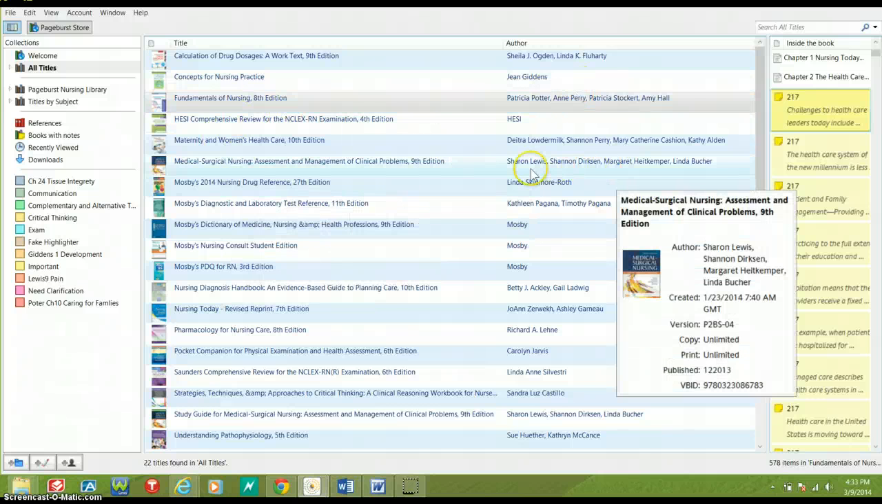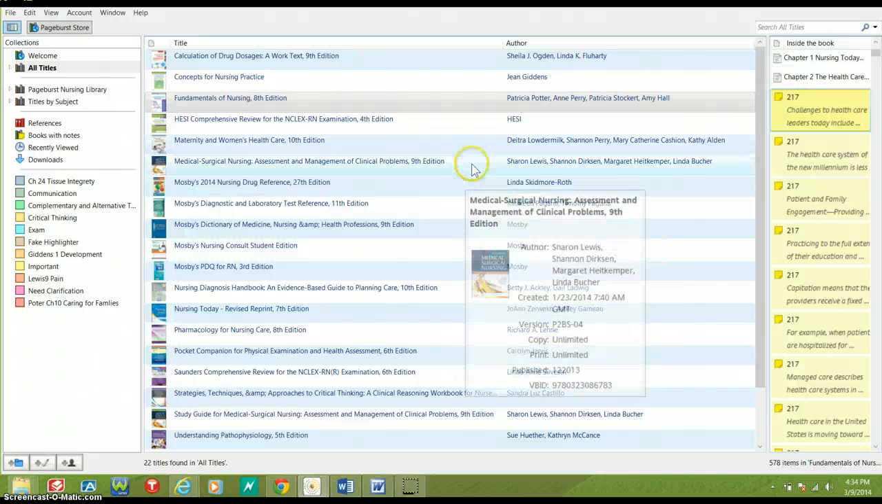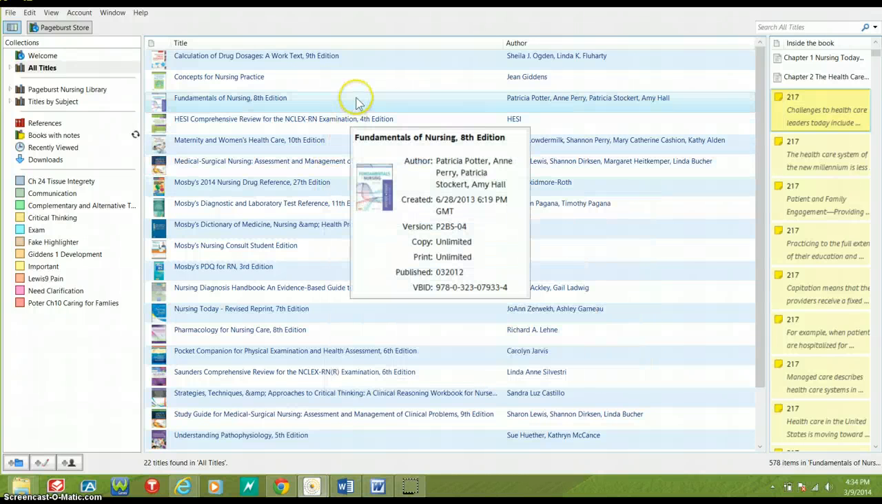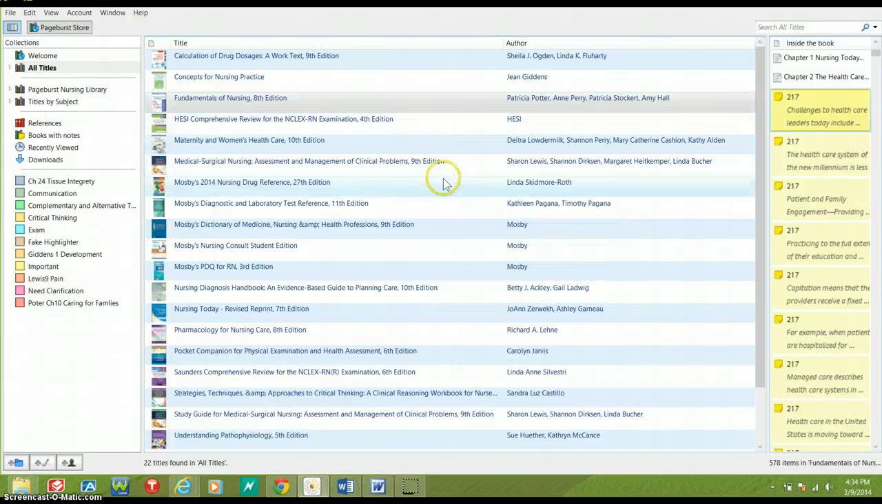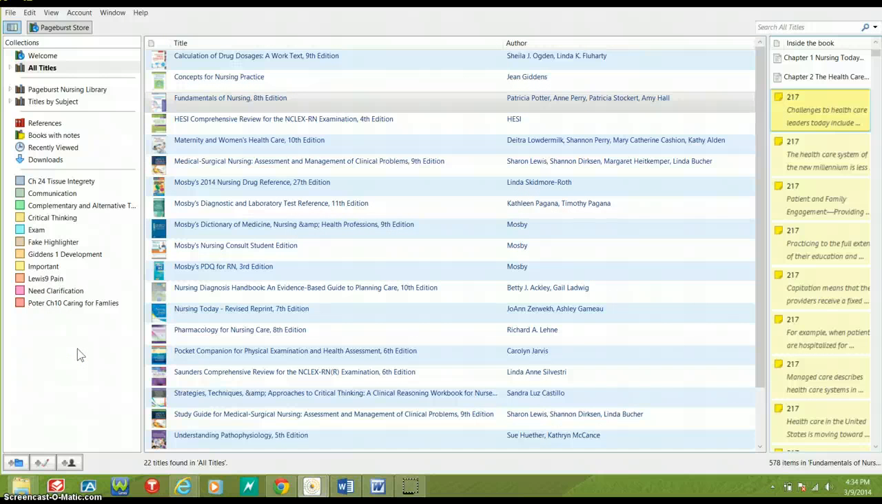Gene Giddens. Another one is Sharon Lewis, Medical Surgical Nursing. But you'll find that the readings that we're given are all the same topics. So this week you'll have a chapter out of Medical Surg, a chapter out of Potter and Perry, and a chapter out of Gene Giddens. But you find, okay, all of those are about communication, or all of those are about whatever the topic is